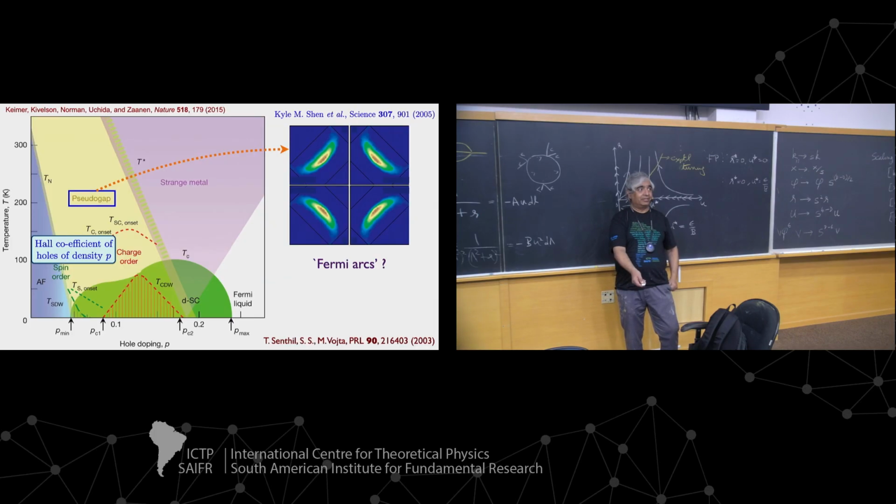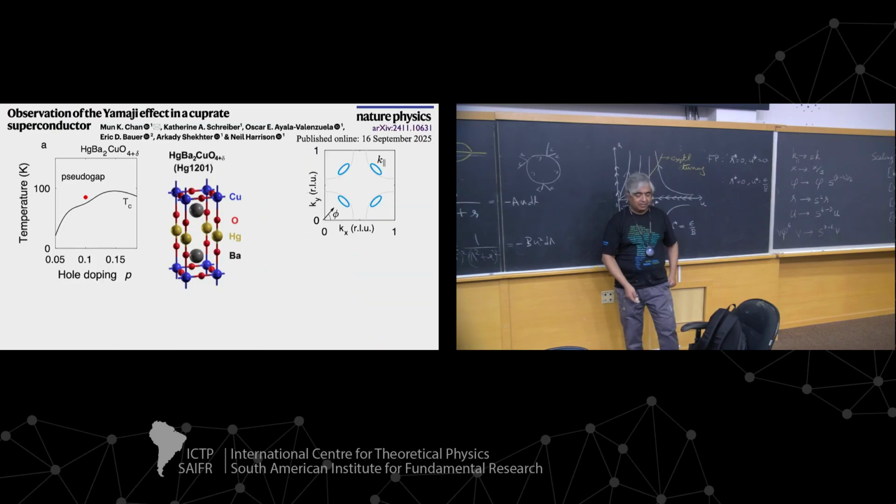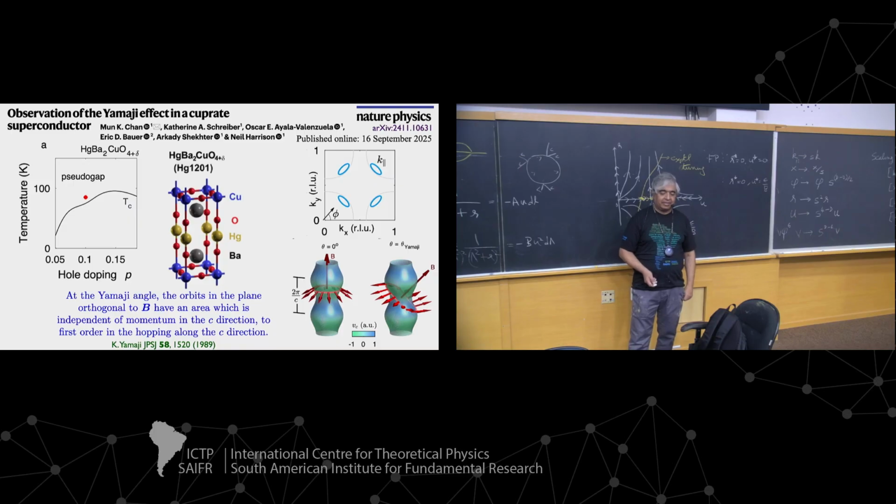This is where the picture is. These are the arcs I was referring to. Okay, so they sit here, and they measure something called angle-dependent magnetoresistance. What is that? Well, you put a magnetic field at some strange angle, and you measure the resistance in this direction. So you put a magnetic field at angle phi theta, and then you measure the resistance along the z-axis. Okay, so if your magnetic field is pointing in that direction, your electrons will move semi-classically on an orbit like this, which is perpendicular to that.